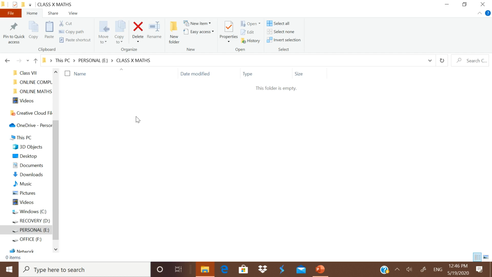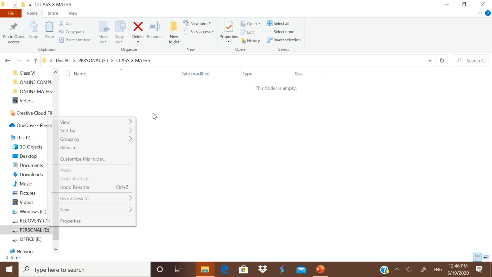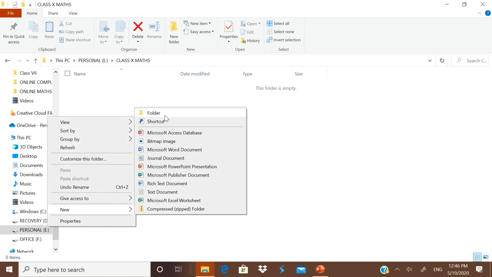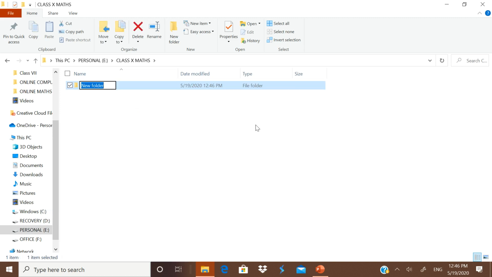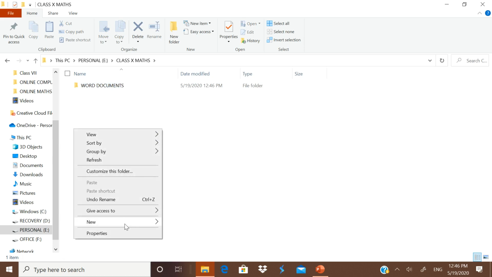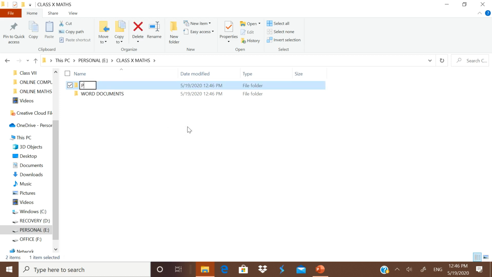Remember, we are going to share some of the folders with the students online in this course. Therefore, please have subfolders in which you can determine which folders can be shared with the children and which folders cannot be shared with the children. For example, I will open one more folder here. These are all called subfolders. For example, I will open Word documents, and in this I will put all the Word documents pertaining to this particular chapter. And again, I will go for another one, PowerPoint presentations.